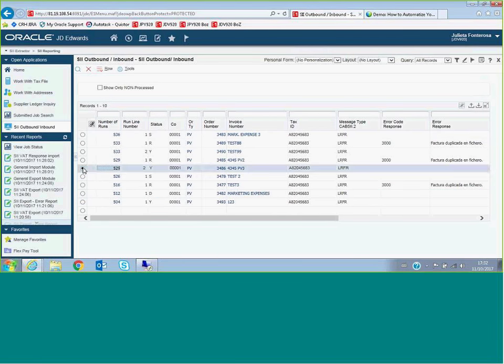In the case of an already processed invoice, it is also possible to modify information. If for some reason we sent the wrong VAT rate, or if there's something wrong with the invoice, we can send a modification to the tax authority. We can also cancel an invoice if for some reason we needed to void it. Even if it was already sent and approved by the Spanish tax authority, we can still send that void to the tax authority with this option. And that ends